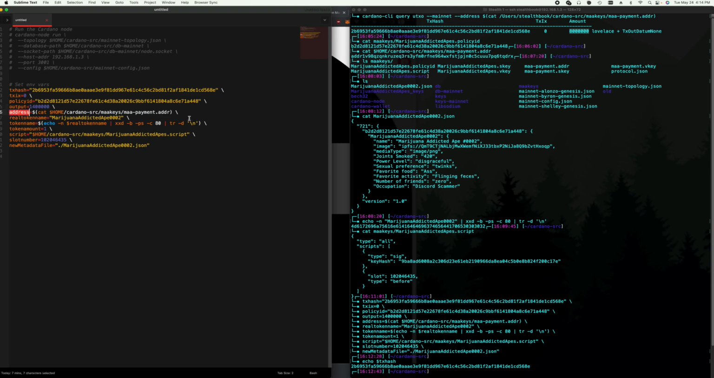Address, obviously, this is the address that we're currently using that has the 8 ADA in it. Real token name, I already said that's just the plain text version, and this is the hex encoded version of the token name. Token amount's always going to be 1. Script is going to be the location of the script file. Slot number is the slot number from the script file. This is when it expires. And new metadata file. This is the metadata that's going to be overriding